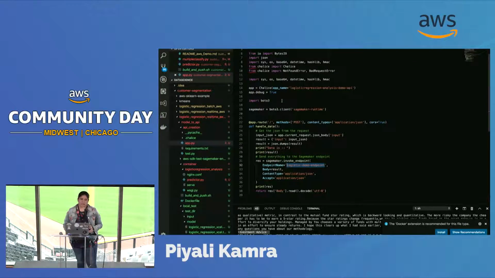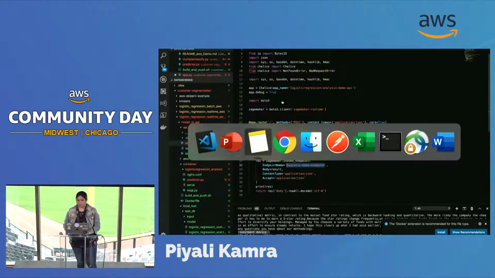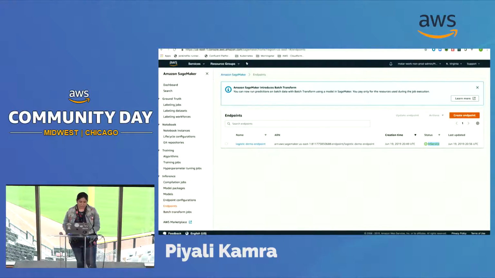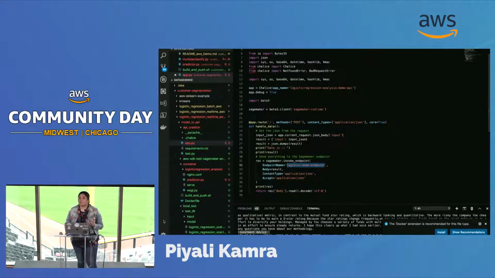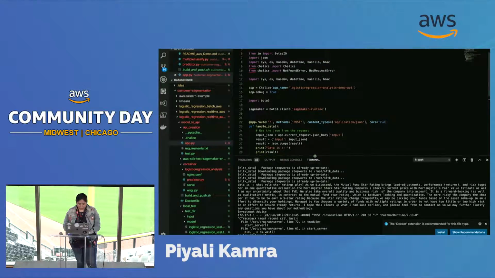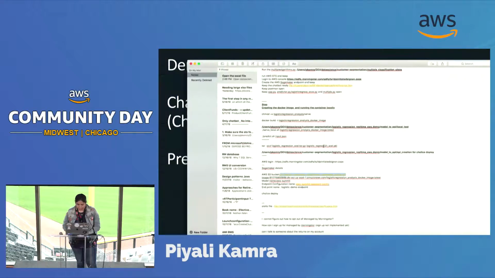And this is for real-time predictions. This is not for batch mode. In batch mode, if we want to return predictions and do some batch mode analysis, there are batch transform jobs. Right now, we are only going to cover the use case of real-time, what we do when we want to send back real-time predictions. So as you see, with 40 lines of code, we can actually create an endpoint. And what happens is, when we go to this Chalice directory,